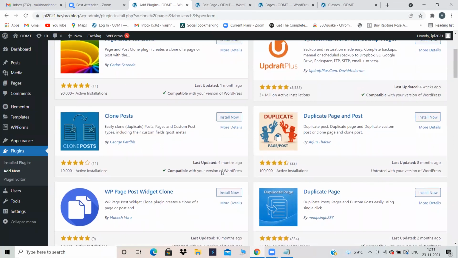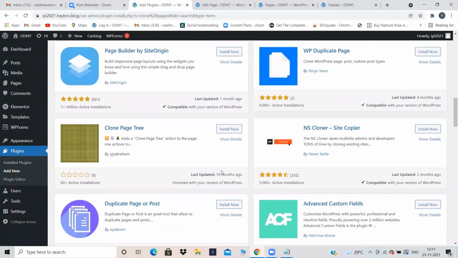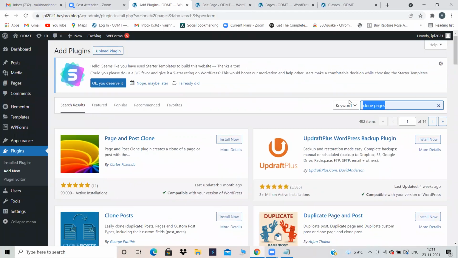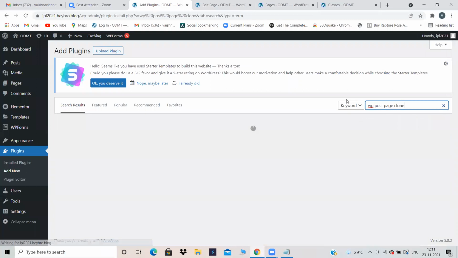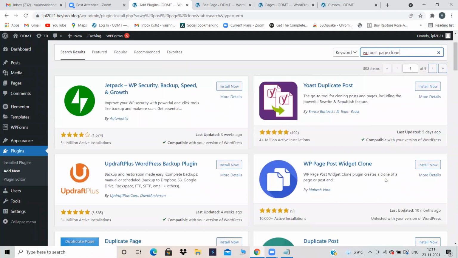WP post, which is that, you can take any one, but I'm taking, I want to select this one. Yes. WP page post widget clone.